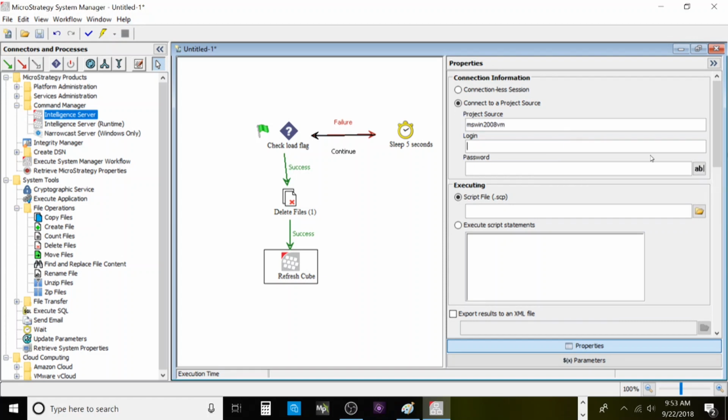You would specify yours there, and then your logon for MicroStrategy for the iServer. So we're going to specify mine, administrator, no password. Now we're going to want to, you can also put, if you had a